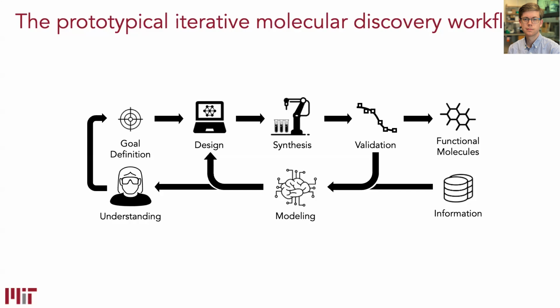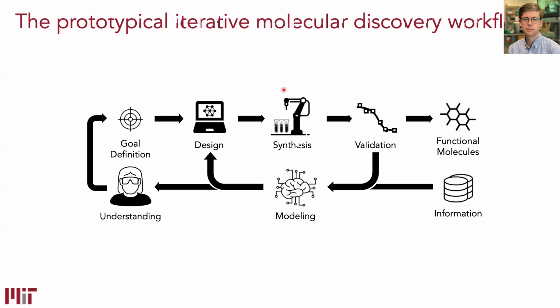And so we end up finding ourselves in this empirical loop where we might design some molecules that try to satisfy some goal we've set out. Maybe that goal is some set of properties we want to achieve. After designing those structures, we'll need to worry about how to synthesize them, right? Unlike many applications of AI where you design maybe images or text, the things that we design need to exist in the physical world. And so we have to physically instantiate the molecules we come up with